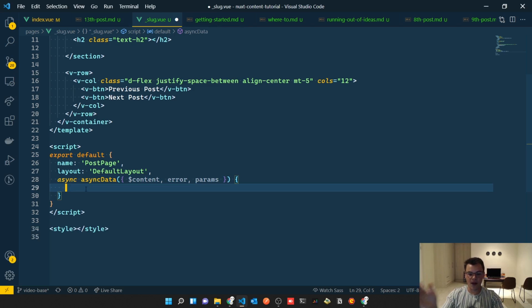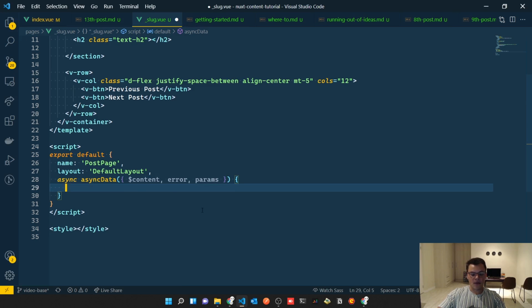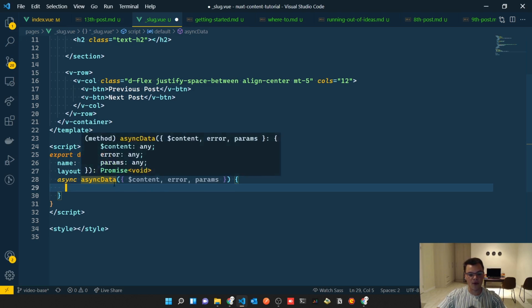So the params is what the page was sent with. So this name that you gave after the underscore, you'll access it through params dot. So params dot slug or params dot id or whatever you named that. And what Nuxt is doing is when you go to the route / something, then that gets stored in that params